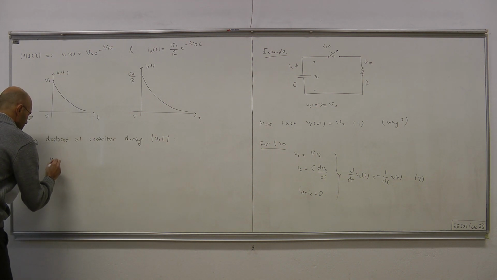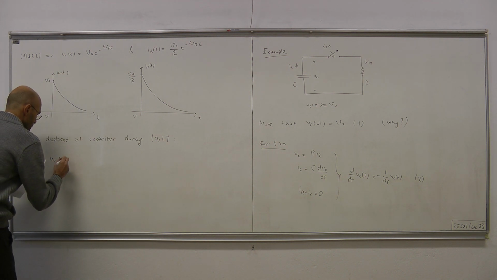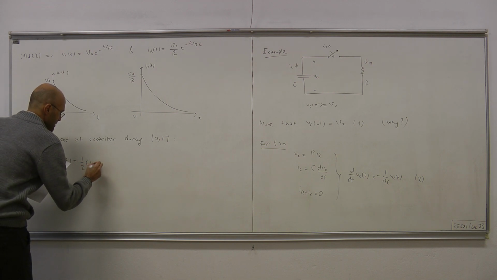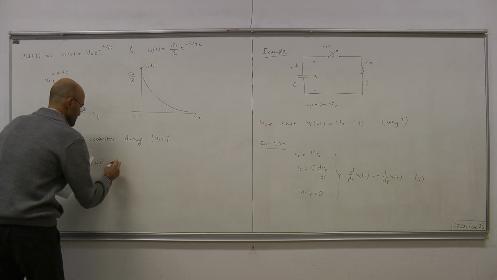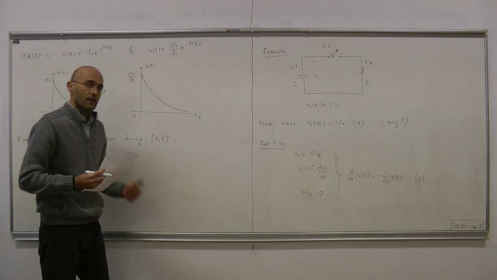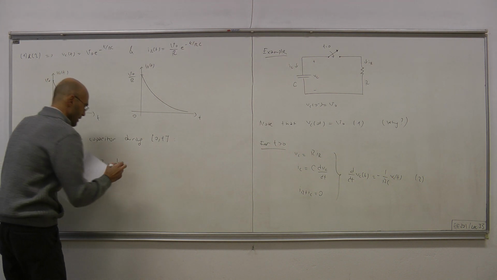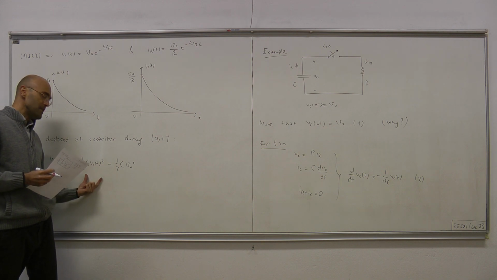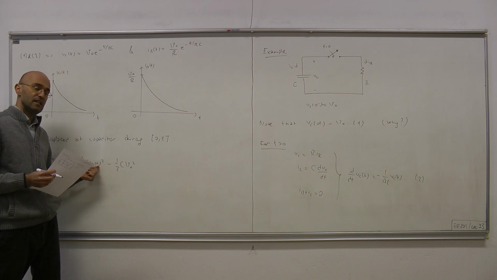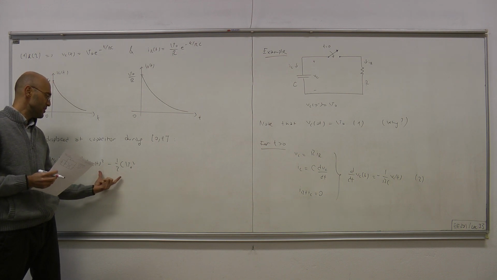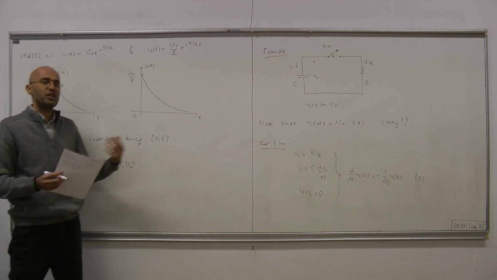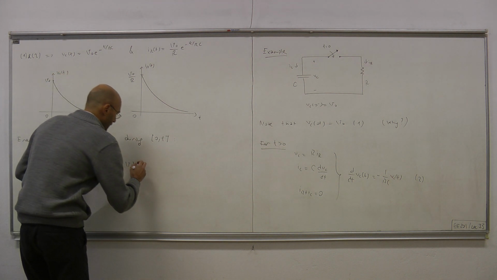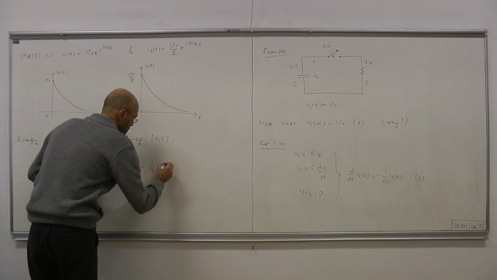So WC(0,t) equals 1/2 C VC(t) squared minus 1/2 C initial voltage squared, V0 squared. Now this is the stored energy at time t in the capacitor, and this is the initial stored energy, and the difference is how much energy is displaced from the capacitor. Okay, and that equals 1/2 C V0 squared